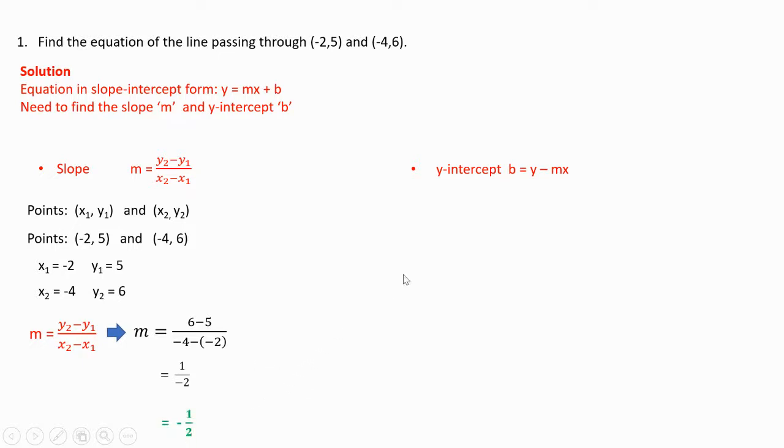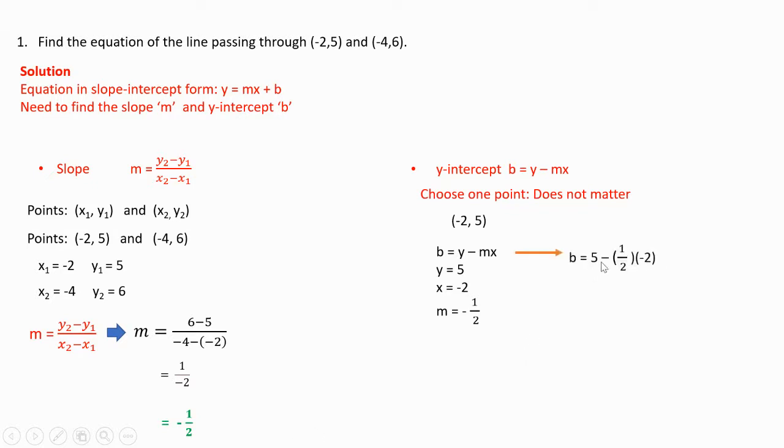Now I need to find my b, which is the y-intercept. We have to choose one point. I like to choose the first point, but you can choose the negative 4, 6 or the negative 2, 5. The point doesn't matter. So b equals y minus mx. My y is 5, my x is negative 2, and my m is negative 1/2, which we just found. So all we do is plug it in. So b equals 5 minus negative 1/2 times negative 2, which is equal to 4. Why 4? Because negative 1/2 times negative 2 will give me